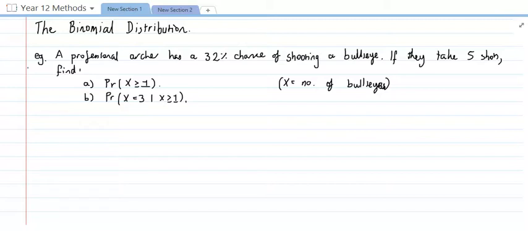So the part B there, for example, the probability of x equaling 3 given that x is greater than or equal to 1 means the probability of getting 3 bullseyes given that they shoot at least one bullseye. So if we want to do the probability that x is greater than or equal to 1,